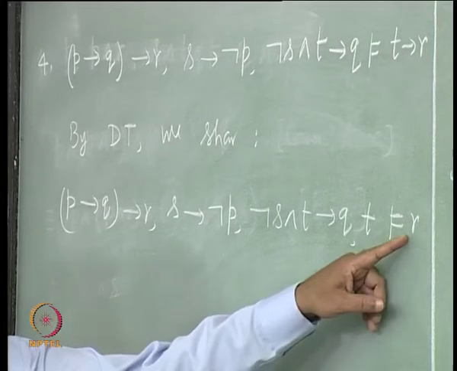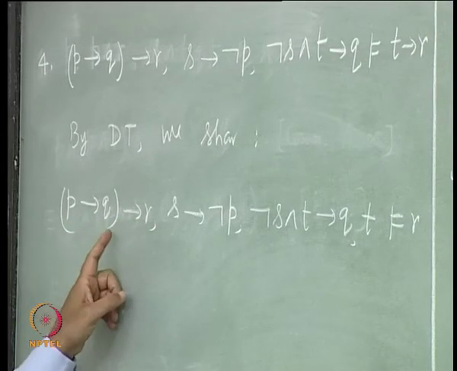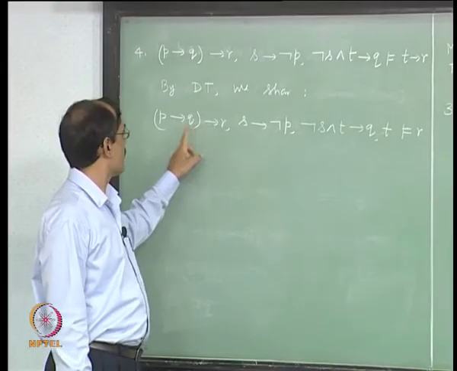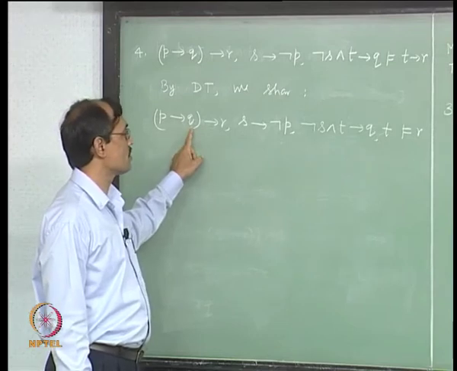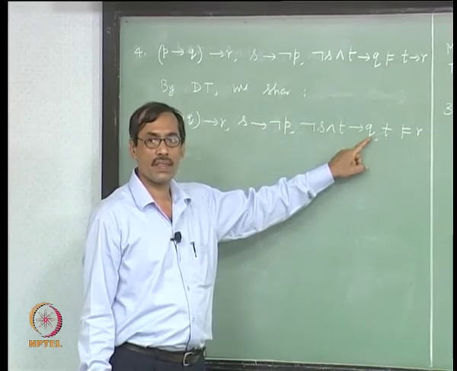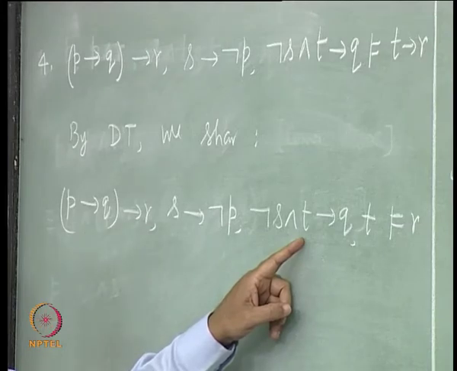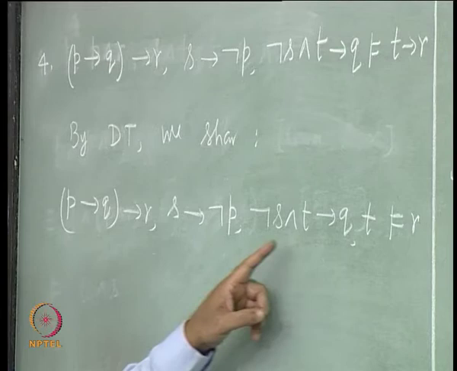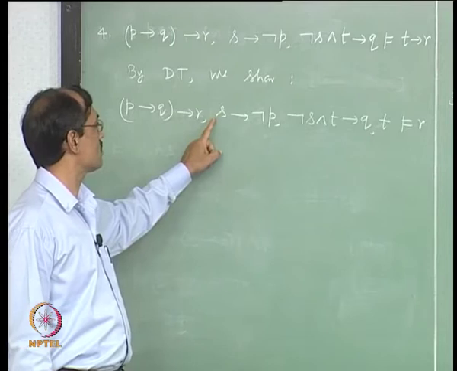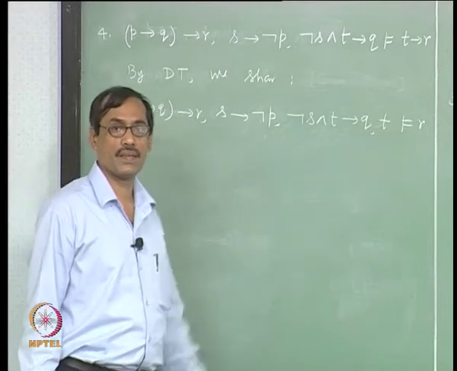How to get this R? We have here P implies Q implies R. So, you must show first P implies Q, in order that you will be able to apply modus ponens, right. Now, how to get P implies Q? Q will be obtained from this, right. So, not S and T should be proved. Okay. Then not S and T, where from? From P you can get not S, T is already there. Is that okay?